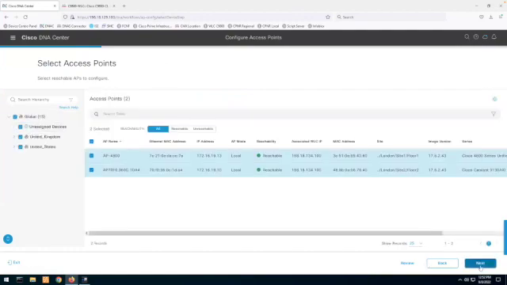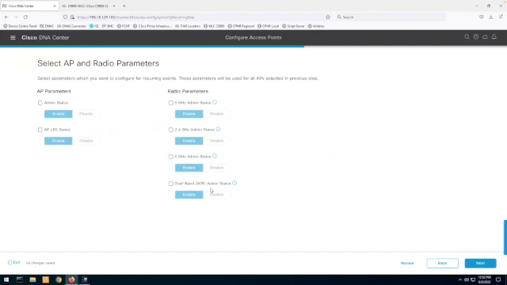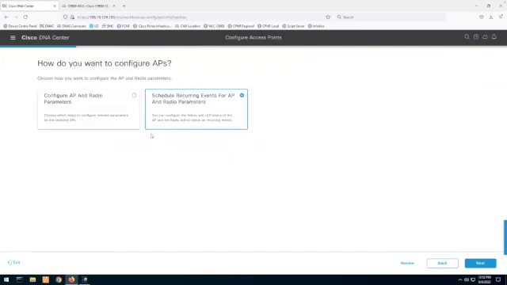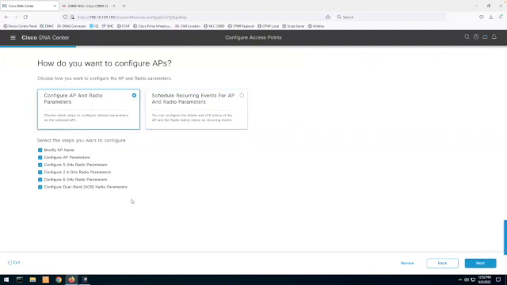We'll select them all. And you can only configure recurrently the following parameters: AP parameters, admin and LED status, and the radio, all the status of the radios, if you want them up or down. That's it. It does make sense, right? Now, if you want to configure all the other events,